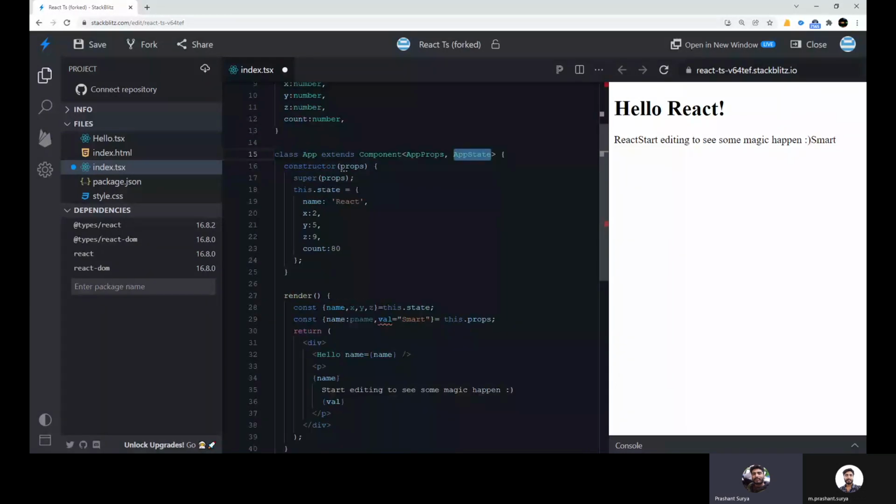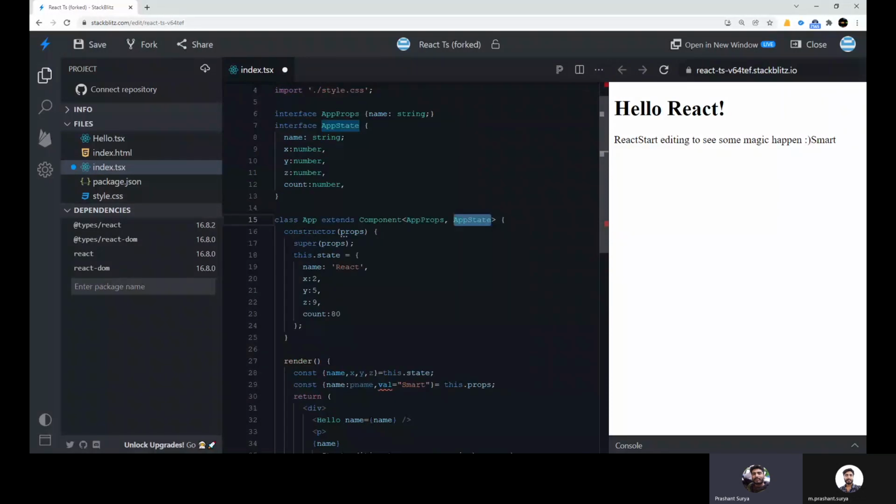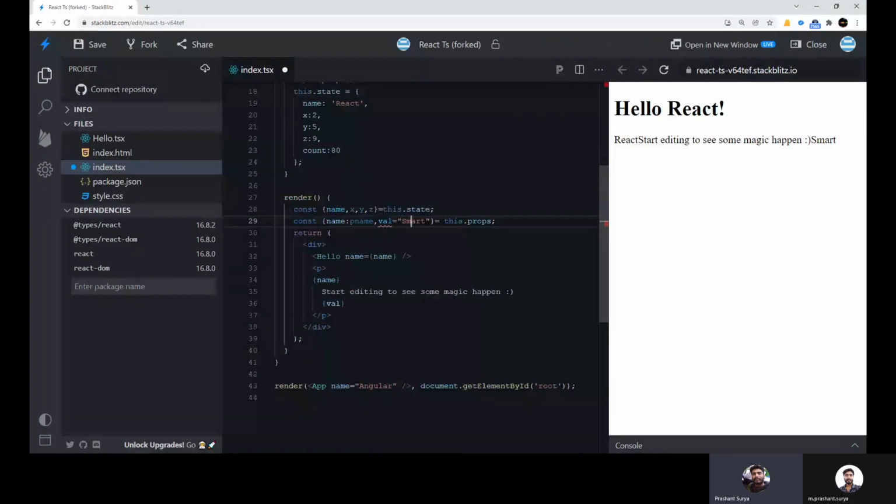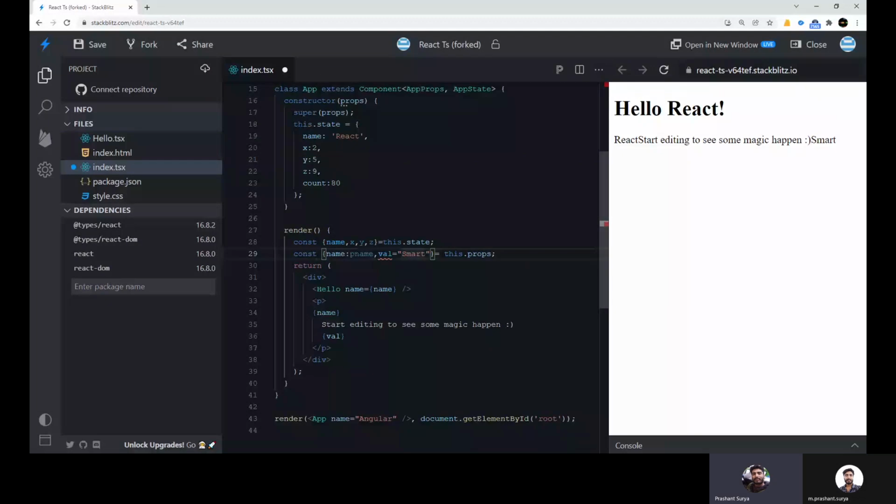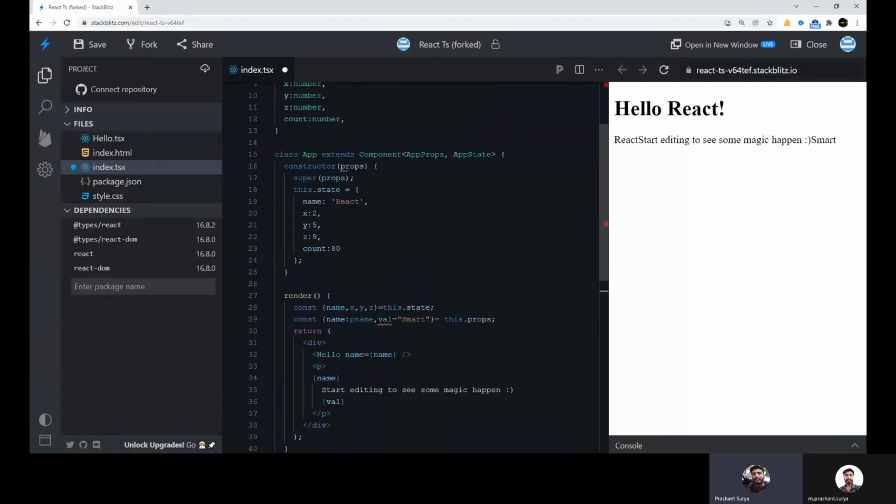But if there is no interface, then it will set this one as smart here. So you can see that it is printing smart. This warning is only for the interface. So you can set the default value from here, otherwise you will get whatever value is coming from your props. This is called the destructuring of props and state.